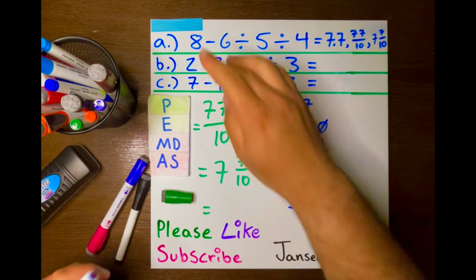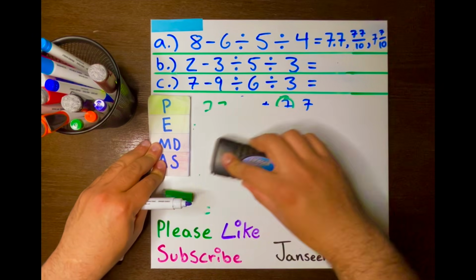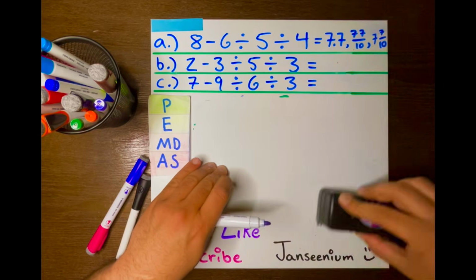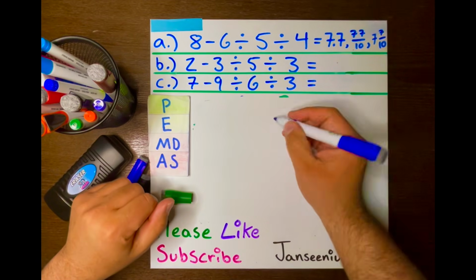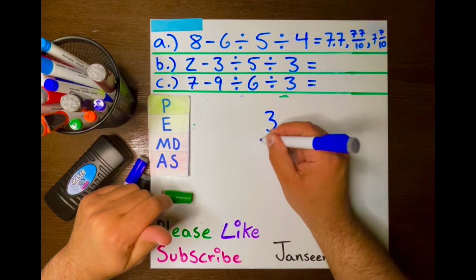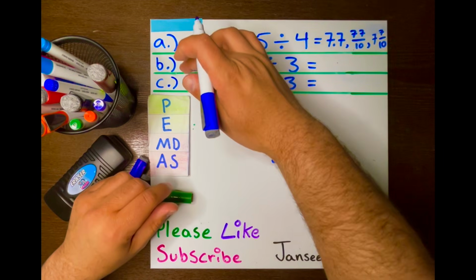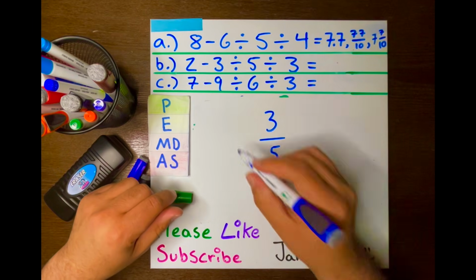There you go. Now let's solve the next problem. PEMDAS is saying that 3 divided by 5 goes first. So what is 3 divided by 5? I don't know. So let's write that in fraction form to make the math fun and easy. 3 over 5. Now let's bring the